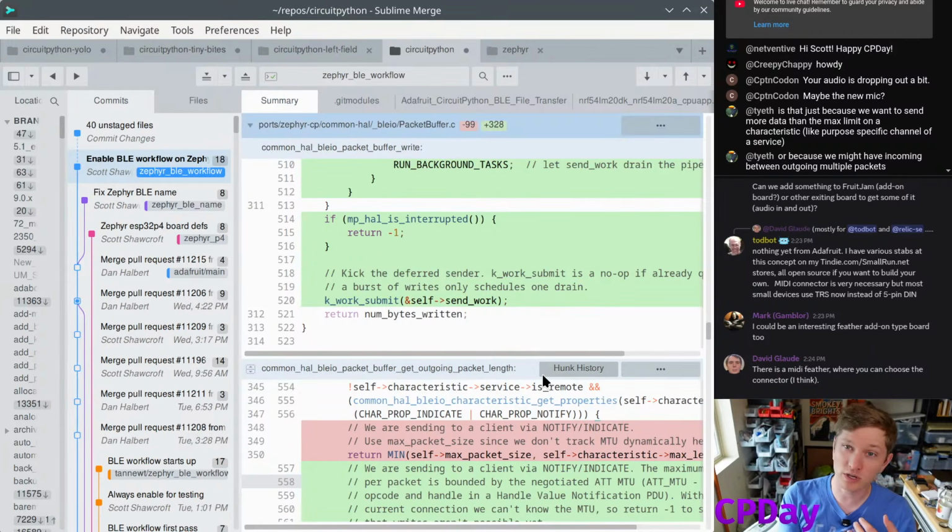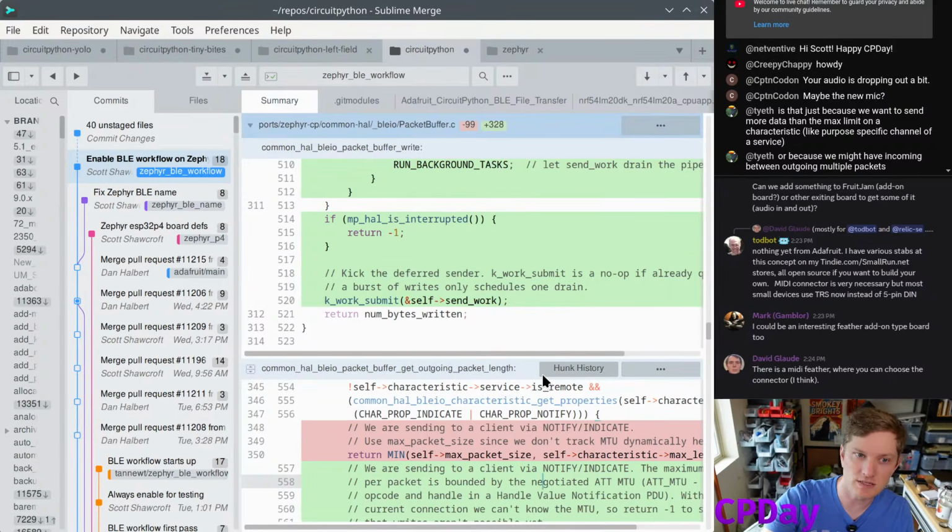But then there's things like Nordic UART service. So a UART service is like, hey, I'm giving you a stream of things, and you're giving me a stream of things back. And so this is what we call a characteristic buffer. What it's doing is that anytime it gets notified, if you're a client, when you get a notification, we buffer all the notifications so we don't lose any data. And then when we write, we just write with no response as fast as we can. And we kind of expect on the other side, it's buffering writes. So characteristic buffer